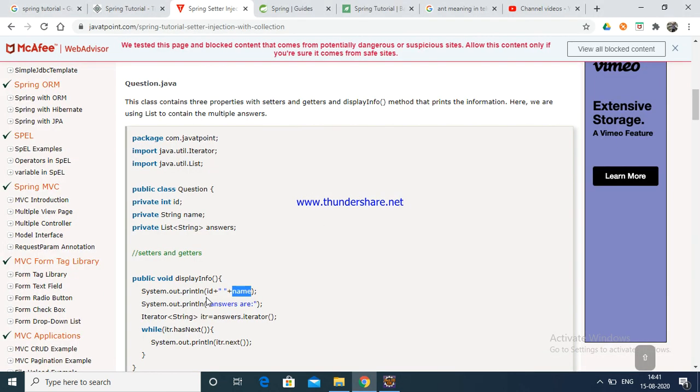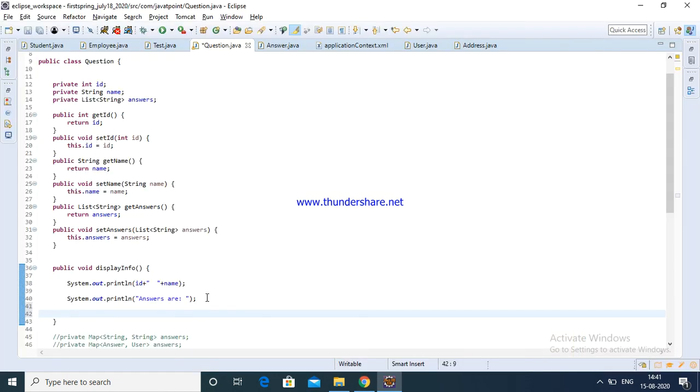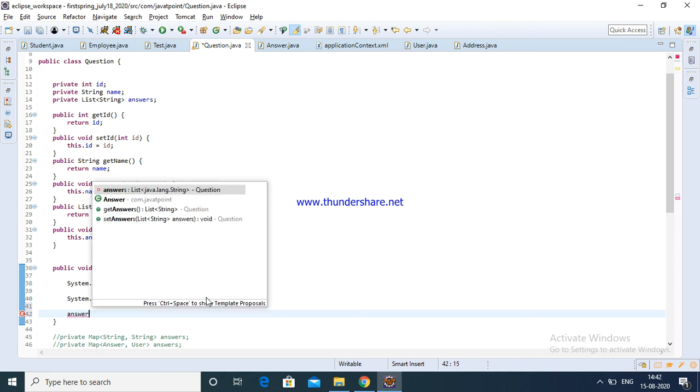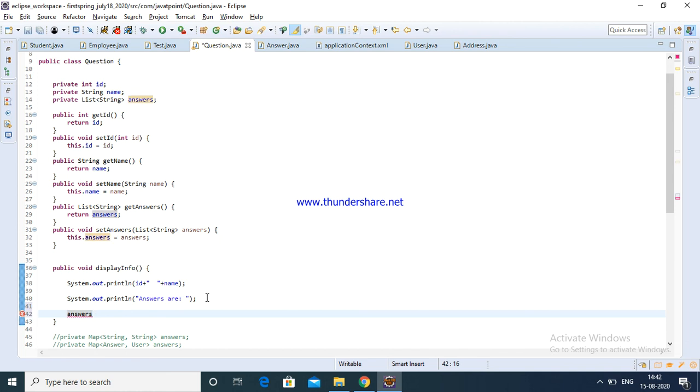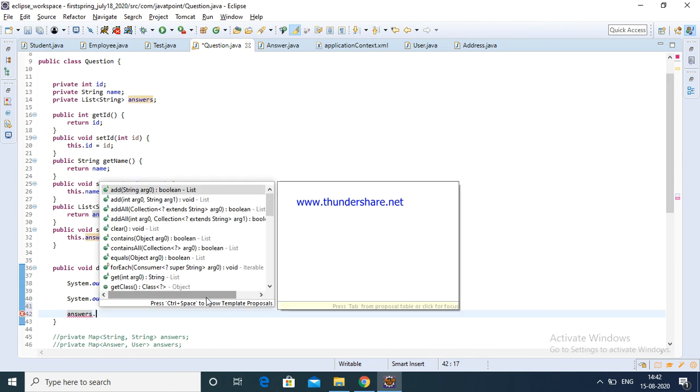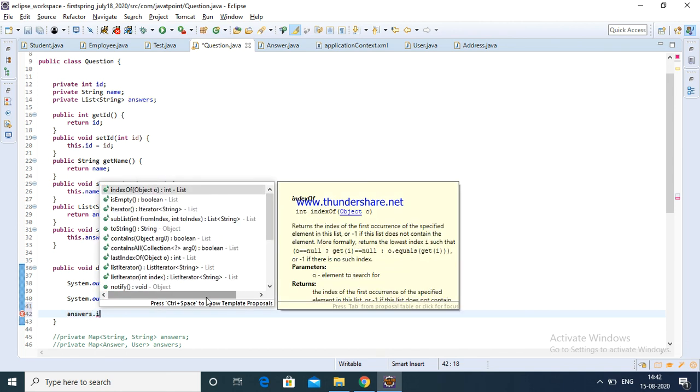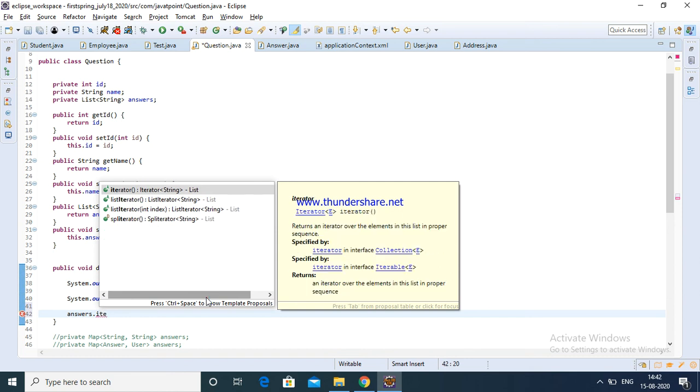Now using the answers iterator method. Iterator, using the reference. Control Enter. answers dot iterator, here iterator list.